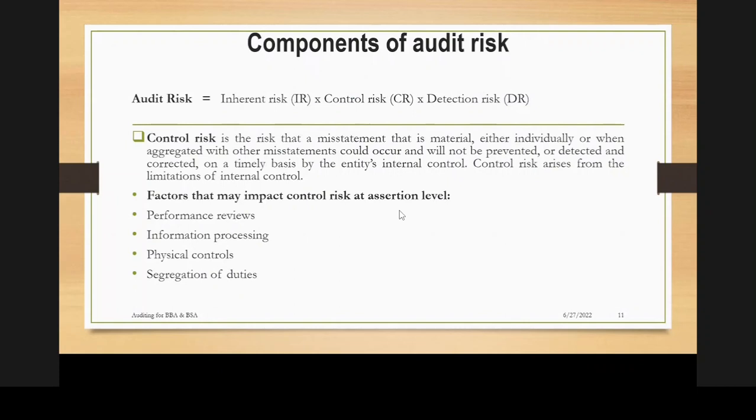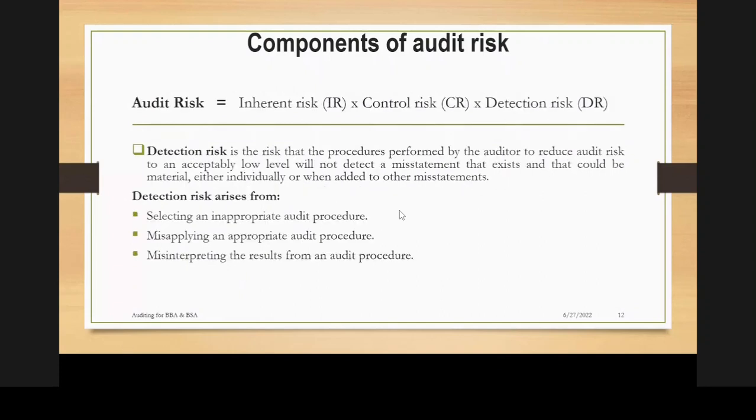And when you have physical controls like keeping money in a safe. Segregation of duties is having different people do different tasks. Physical controls are having money in the safe, like limiting access to valuable assets or valuable items. Also automated information processing, and where you have audit trails, when you present something it can easily be tracked by someone. So those will help you.